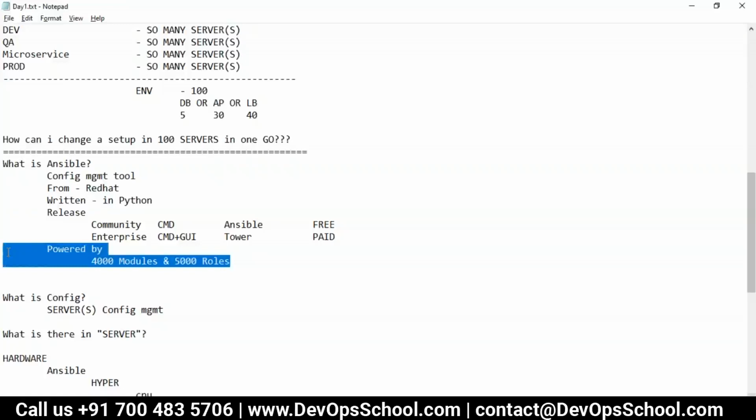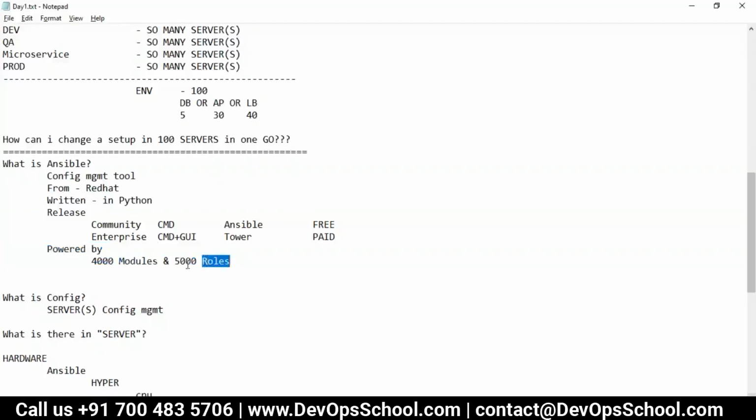Because of this reason only. It's not that Ansible is the only tool which can do change management, configuration management and all. No, we have so many tools, but this is something that made Ansible very popular. What is that?